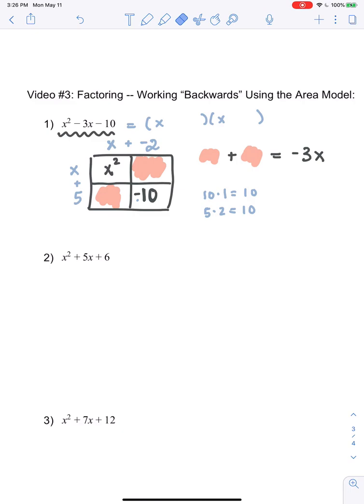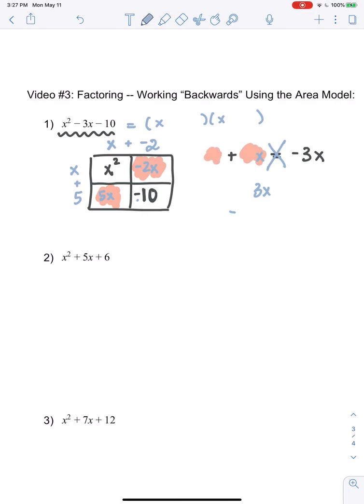So now that we've tried that, we're going to see what these orange pieces are. We have negative 2x and we have 5x here. So does 5x minus 2x equal negative 3x? No, it equals positive 3x. So the only other option that we have is